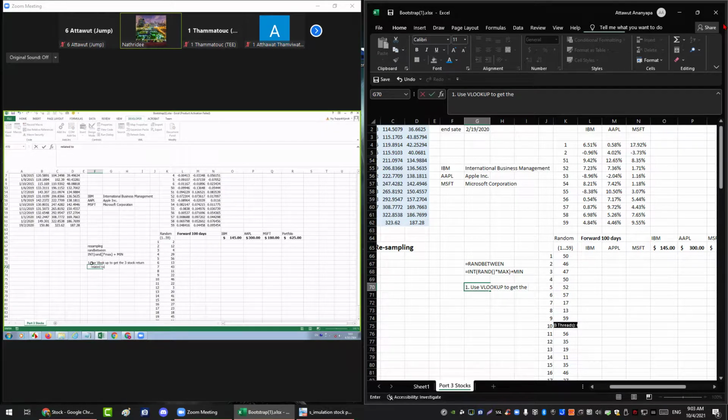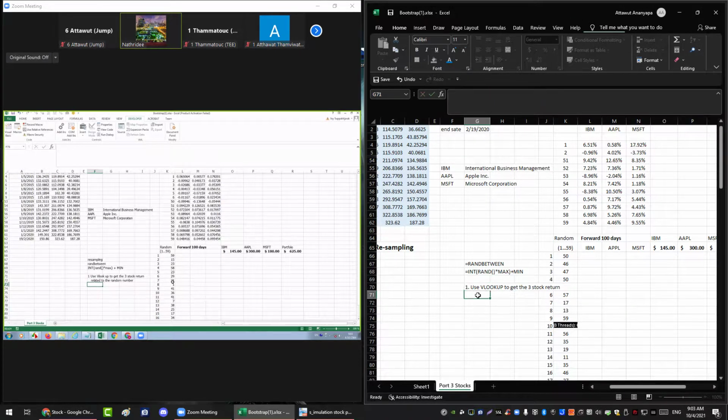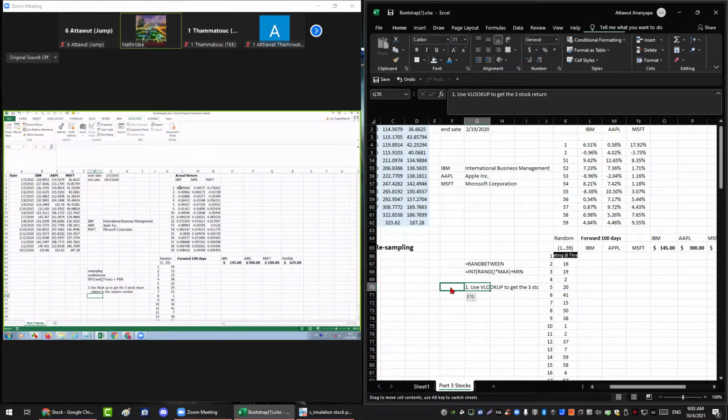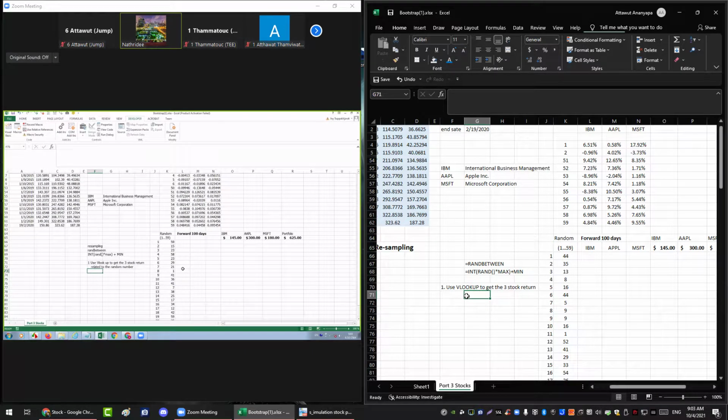Related to the random number. So if, for example, here, you get number 1, you will have this IBM, Apple, and Microsoft, thing like that. If it's 59, you should have this here. Okay. And then